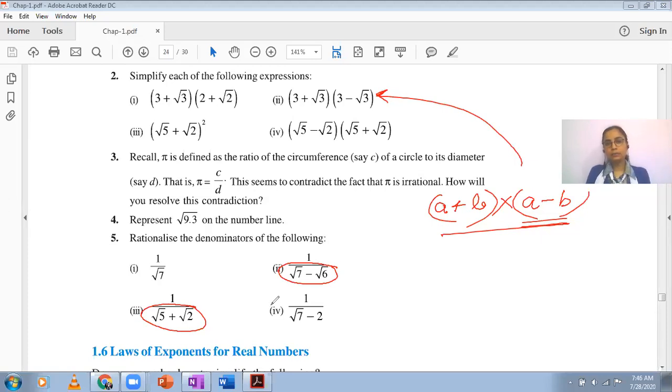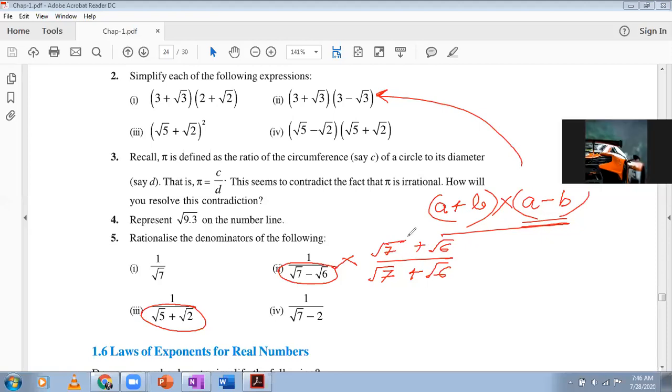Now, how that helps us is, once we use that, here I multiply with the sum of root 7 and root 6 and I divide. So this is multiplication and division with the same expression. I have chosen this expression by changing the operation of the denominator. Whatever operation you have in the denominator, change it, and that expression you will be using for multiplication and division right over here.